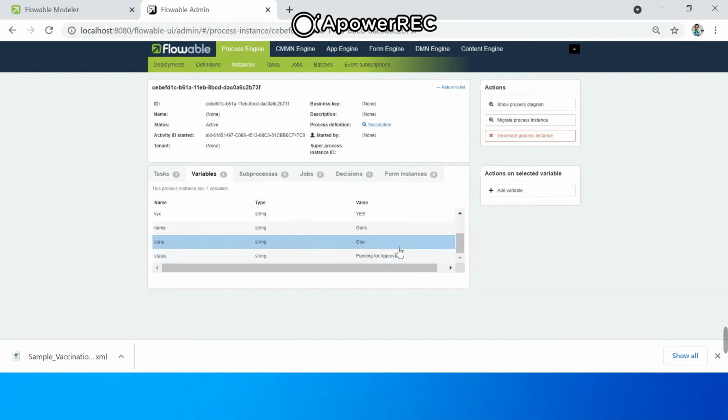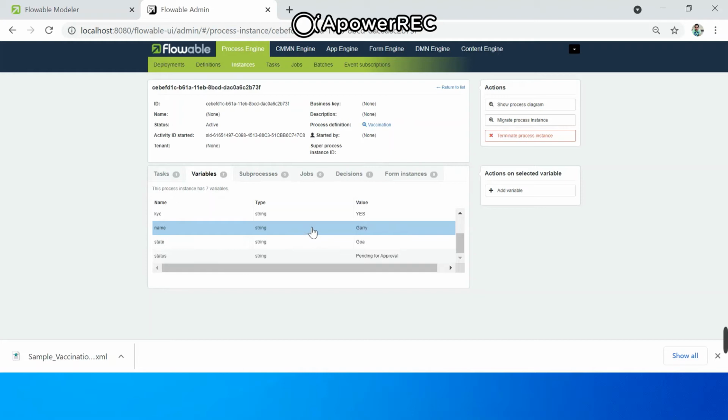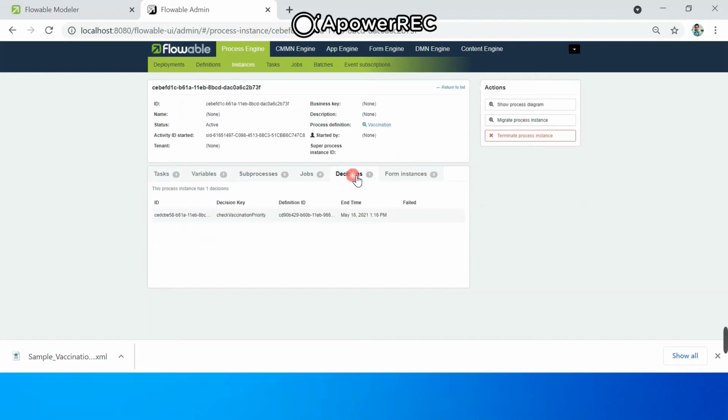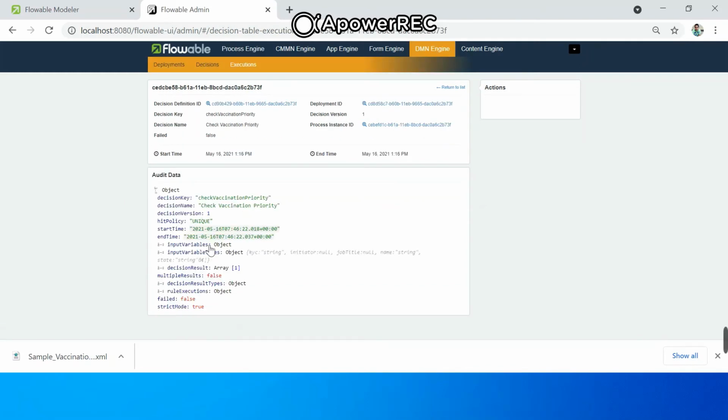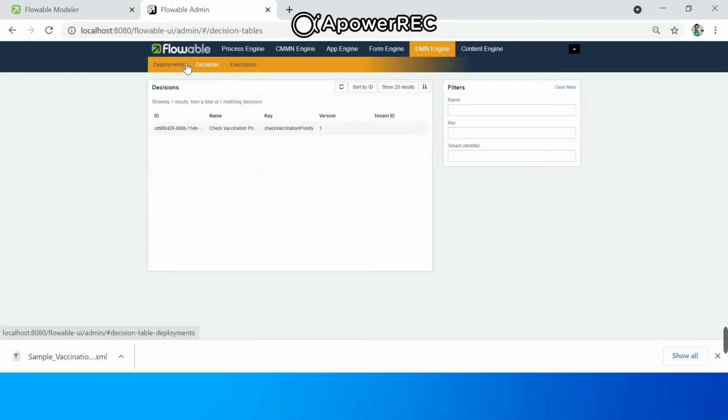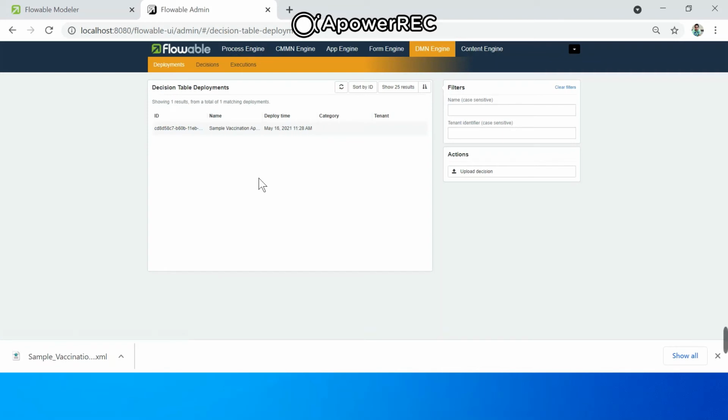So these details are there, KYC, name, state and status, everything we can see here. This is the decision which has been executed, and other details as well for this process. So you can see all these details from the Flowable admin portal as well.